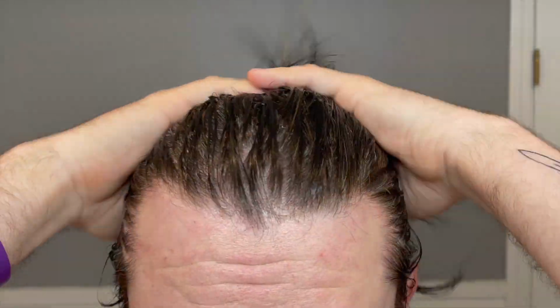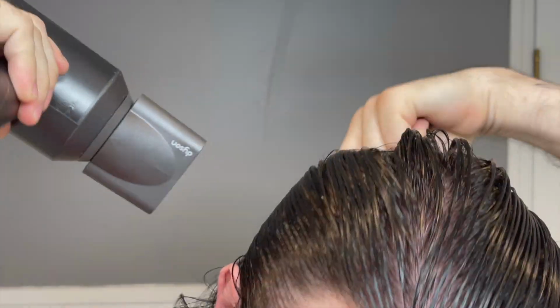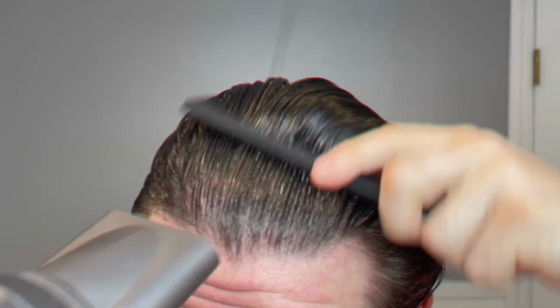Moving straight along into the demos now, starting first with the sea salt spray. I'm going to be going in with clean, damp hair, and I'm going to be just spraying this around, in a usual fashion with a spray of this type. I am then going to blow dry it in. This is the usual way that I use products of this type, and with this one,